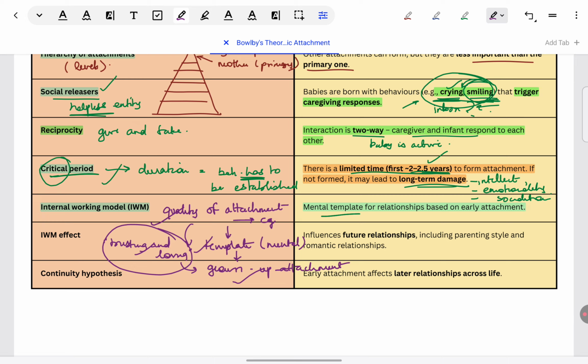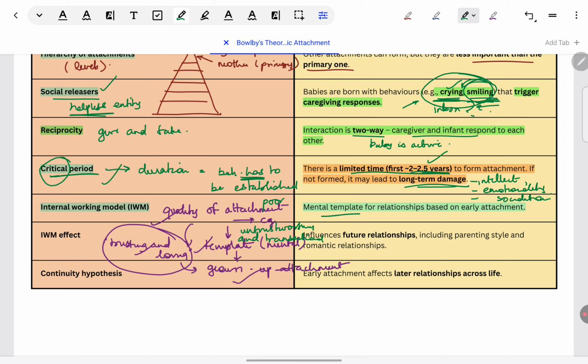The opposite of this can be some individual who has had a very poor quality of attachment with their mother. Say the mother was abusive, the mother was neglectful, didn't care about the baby. What is the template formed in this individual's mind? Relationships are untrustworthy. We can't trust other people whether they'll care for us or not, and they are transactional. If the other person feels like it, they give attention to us. If they don't, they don't give attention to us. So no love, no trust.